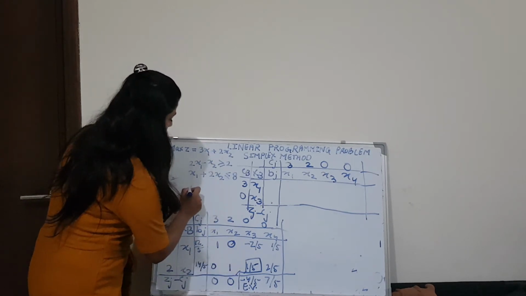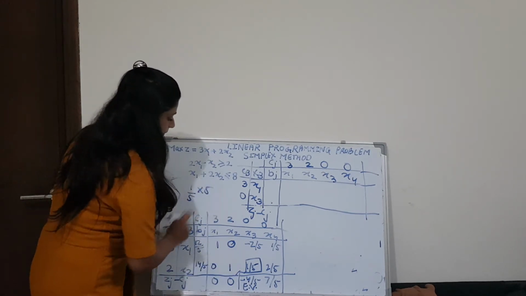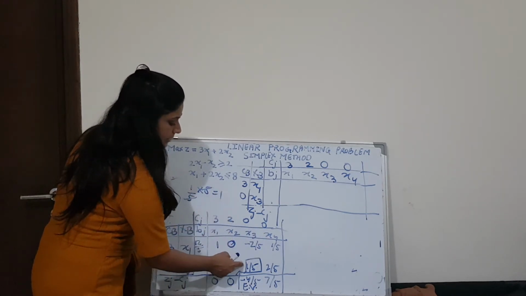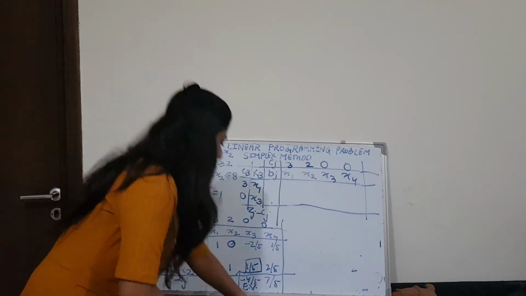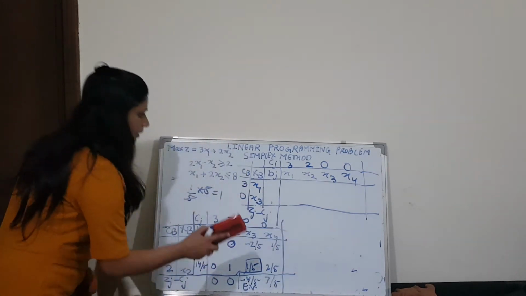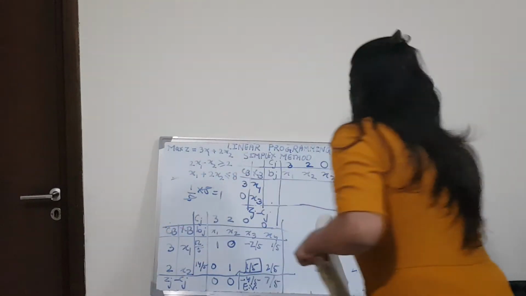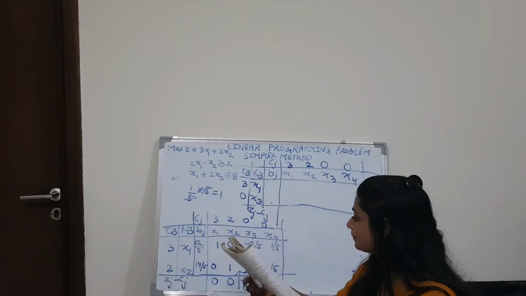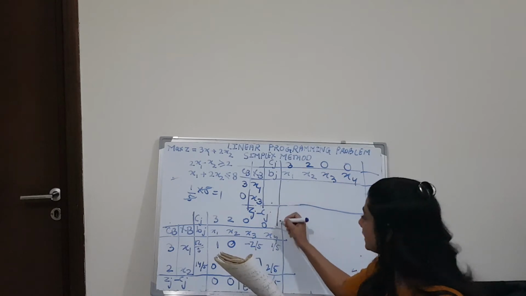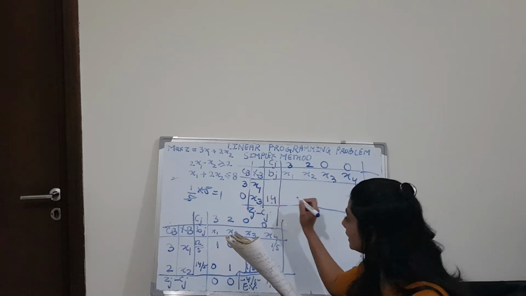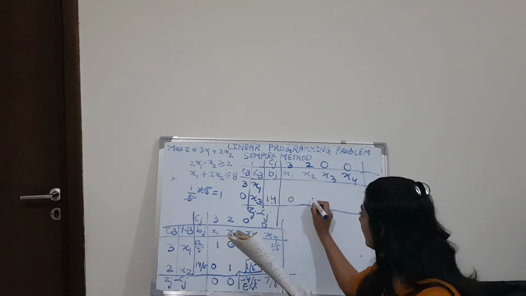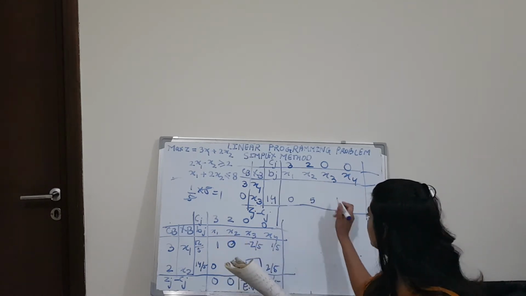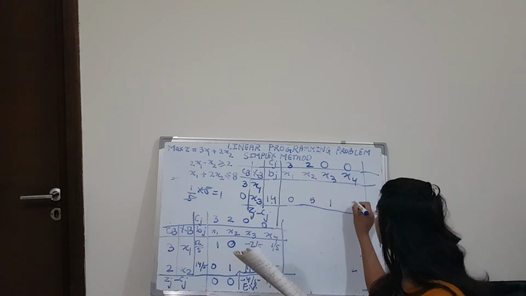1 by 5 is here. So if we multiply this whole row by 5, we will get 1 here. Let's do it. I am writing again from my notebook. You can do your calculation. I am writing directly. We are multiplying by 5, so we will get 14 here after multiplying by 5, then 0 and here 5. Here we were trying to make 1, so we have 1 here and here 2.